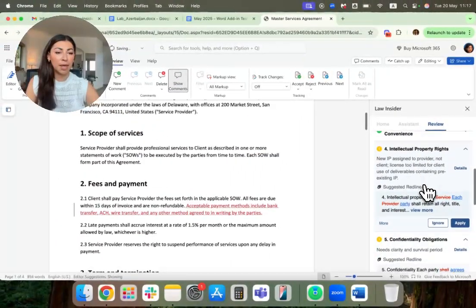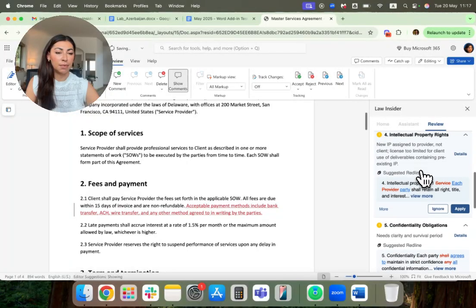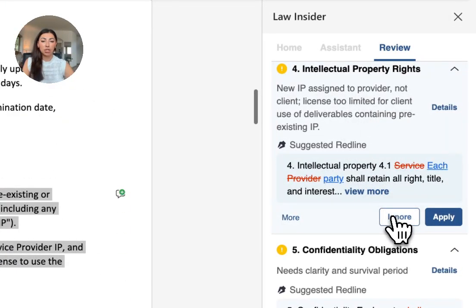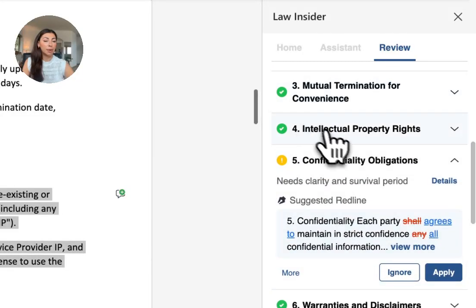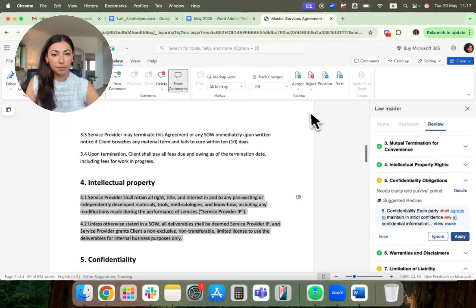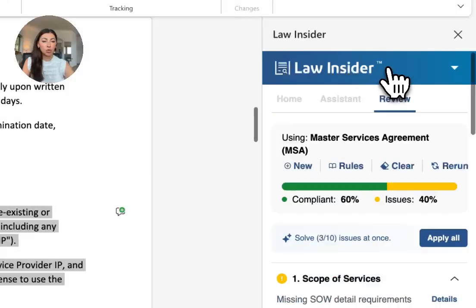So if you look at the IP and it's giving us a suggestion, you may not want that, that's absolutely fine. You can just ignore it, and then it will mark that as compliant with your preferences. But if you already have your review rules, you can load your playbook and the AI will apply those rules contract-wide. So if we go back to review,